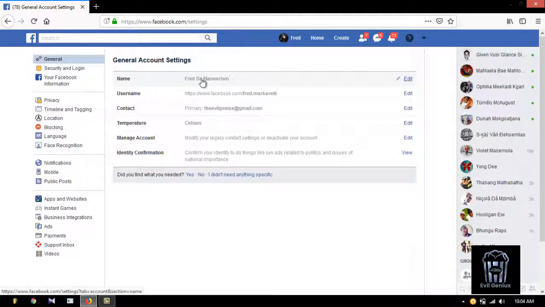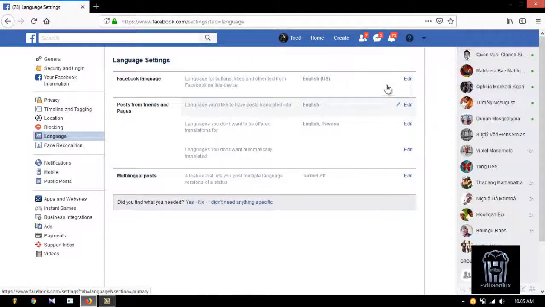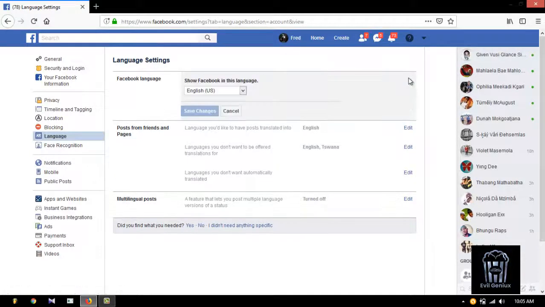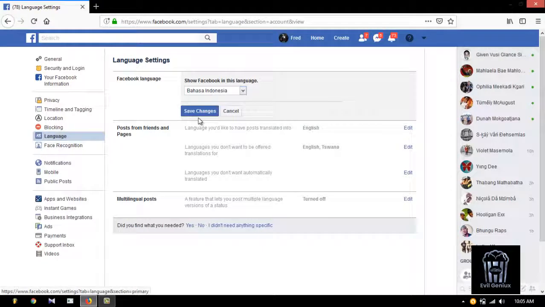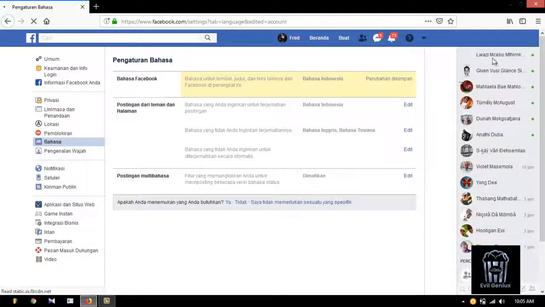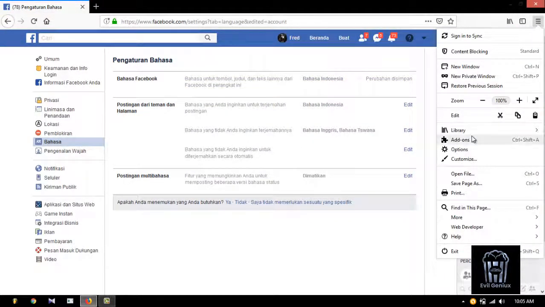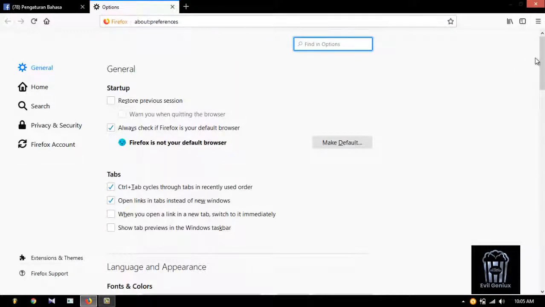As you can see, I have my first name, my middle name, and my last name. Go to languages. Then all you have to do is change your language from English to Bahasa Indonesia. Then save the settings. Then when you are done, you have to go to options. Scroll down,